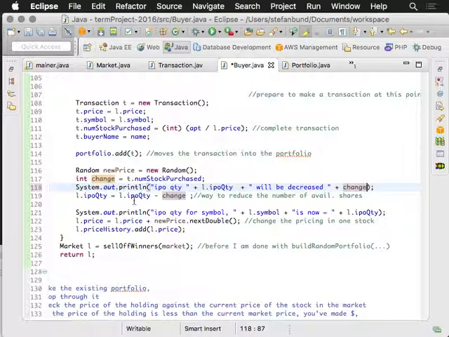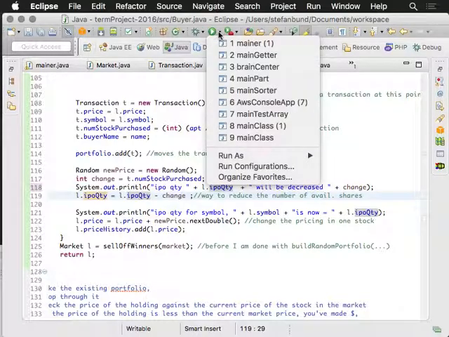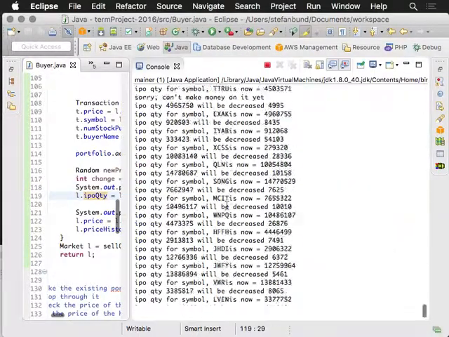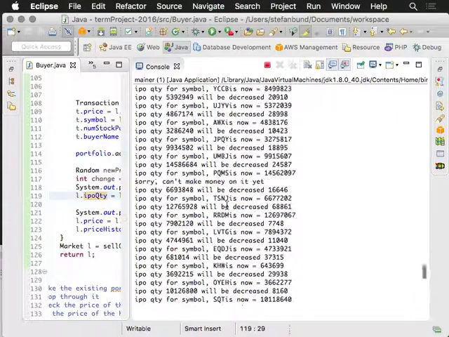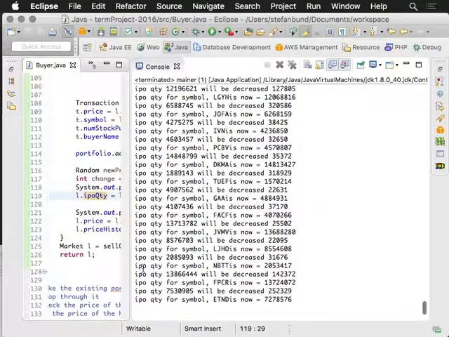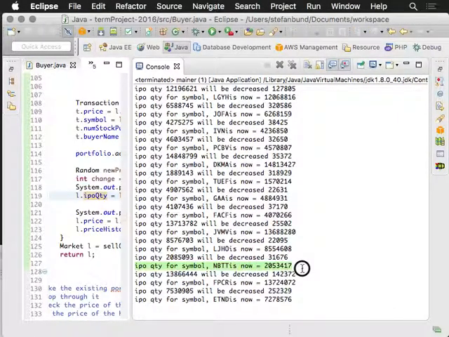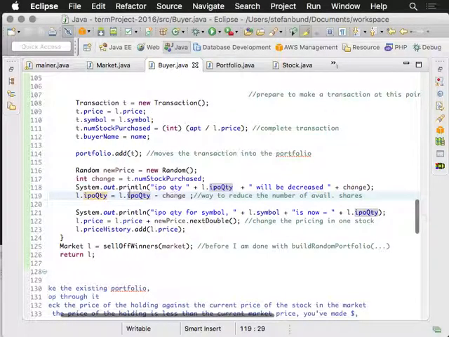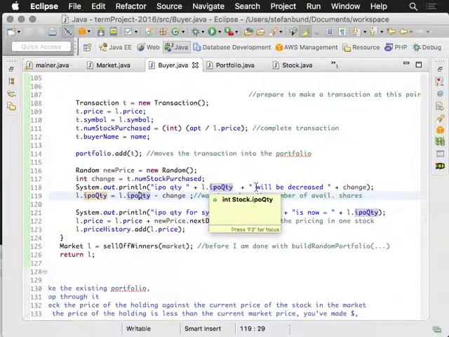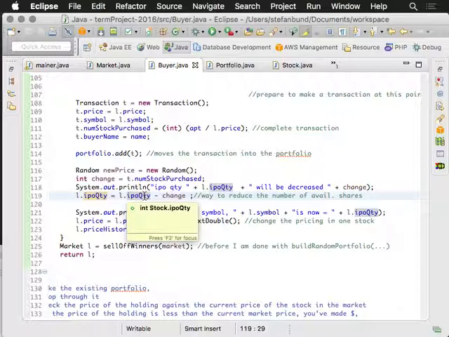Because really I just want to subtract change from the IPO quantity. And so the problem solving that I'd like to go through in order to help you finish this, I'll say the IPO quantity will be decreased. And so I'm going to work through this so that I can subtract the IPO quantity, because